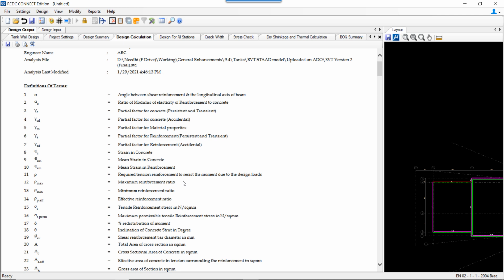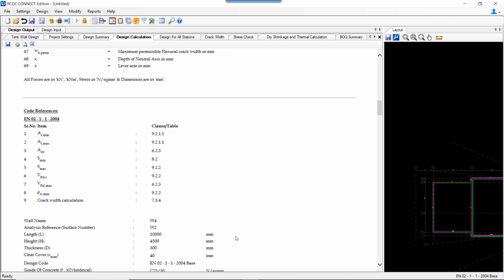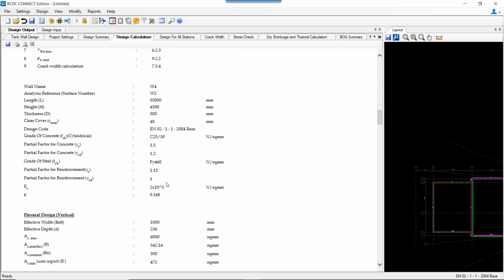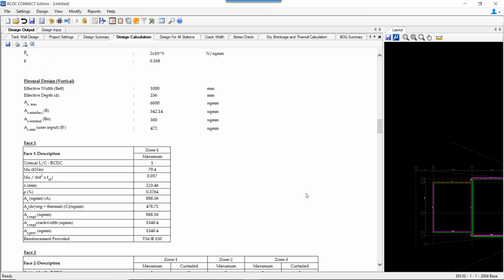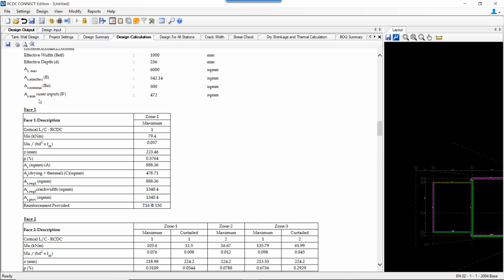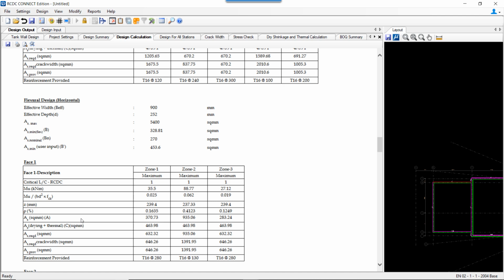So at the beginning, we have the definition of terms, the codal reference, and starting with the detailed calculation report for the selected wall, we have the design parameters that are made in the settings window. Then we have the flexural design check for the vertical reinforcement for each face of the wall.